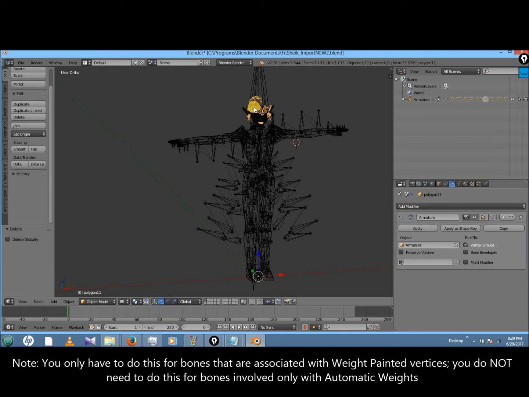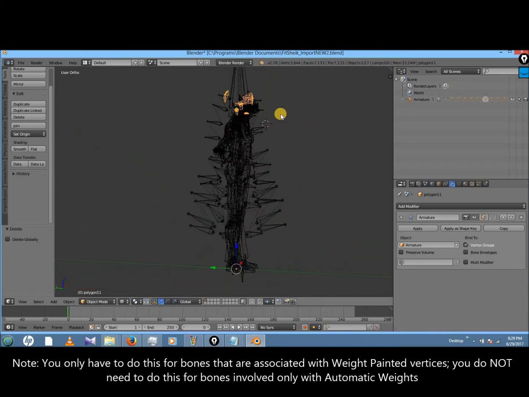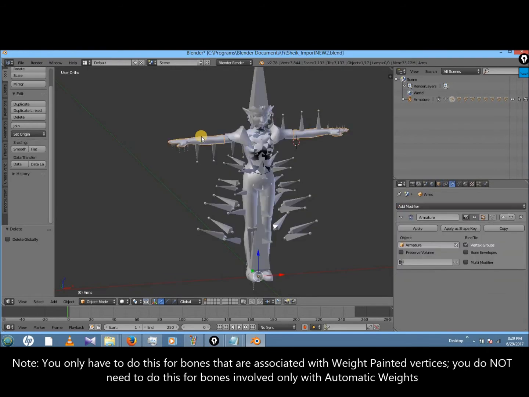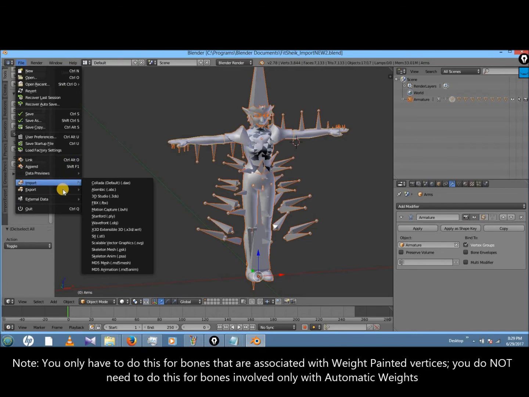And I think that's it. Pretty sure. Wait, what's that thing? Yeah, I think that's all the ones that were weight painted, yes. So I'll save that one as the second one and export that as an .fbx file.